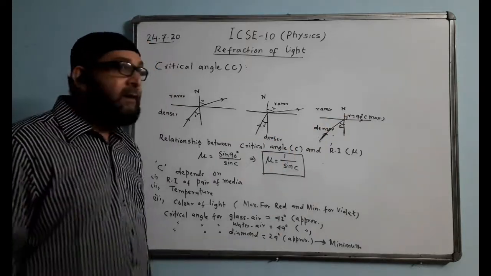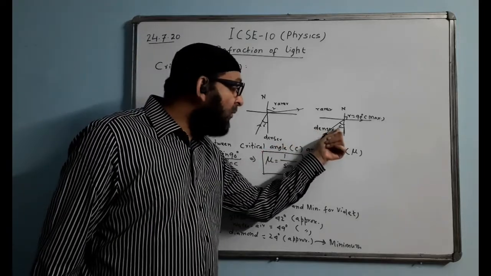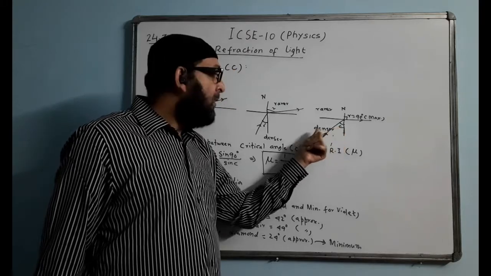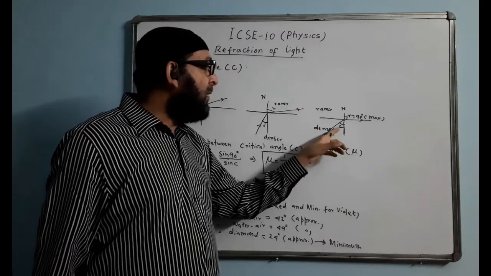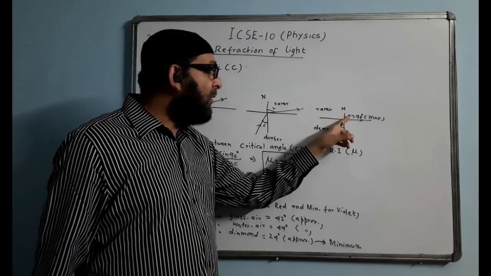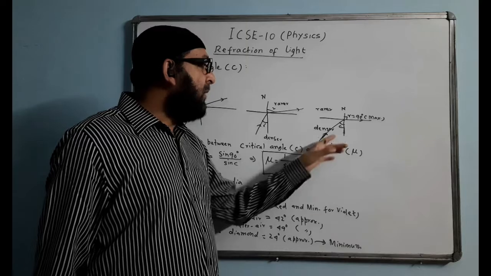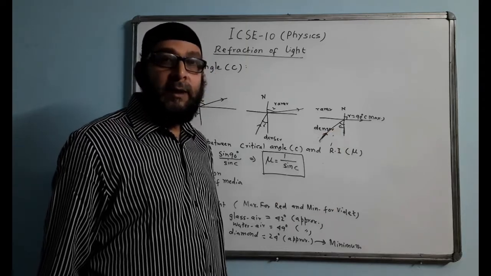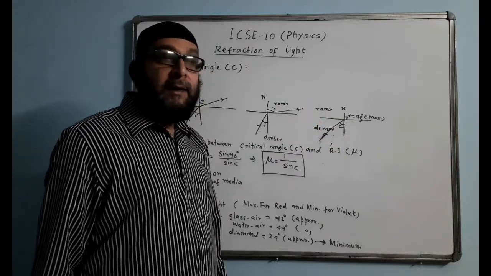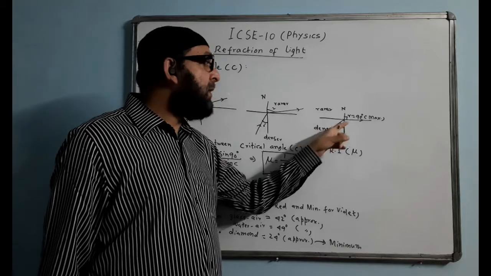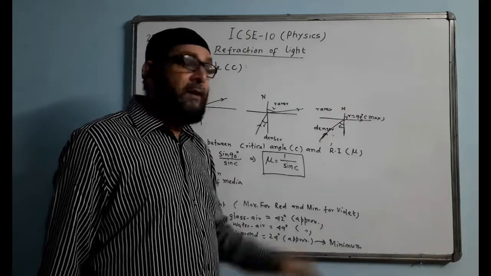And now the definition of critical angle. What is critical angle? We will follow this diagram and define. It is the angle of incidence in the denser medium. You can write it down as I am saying. It is the angle of incidence in the denser medium for which the angle of refraction in the rarer medium is 90 degree. That angle of incidence is called critical angle for the given pair of media. What is critical angle? It is the angle of incidence in the denser medium for which the angle of refraction in the rarer medium is 90 degree.